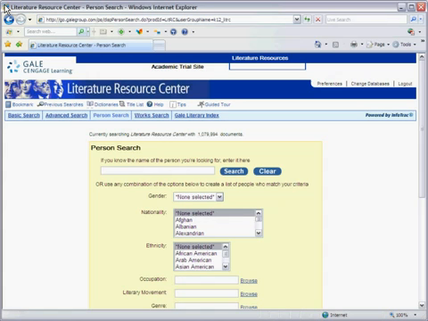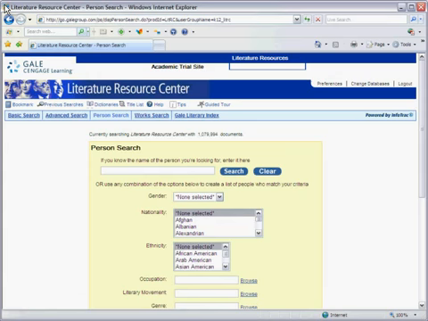However, you also have the option to string together a combination of different options to create a list of people that match your specific criteria. Some of those options include gender, nationality, ethnicity, a specific occupation, and if you don't know the occupations that you're looking for, or if you want to see a list of different occupations in the database, you can use that browse option on the right.